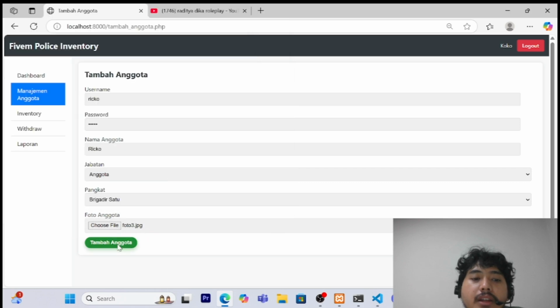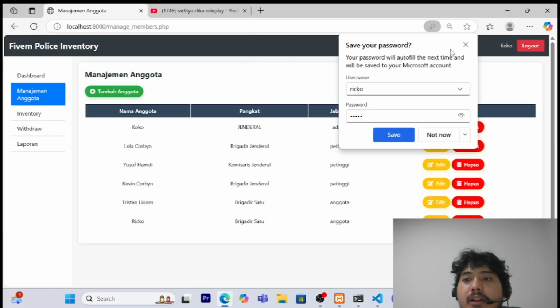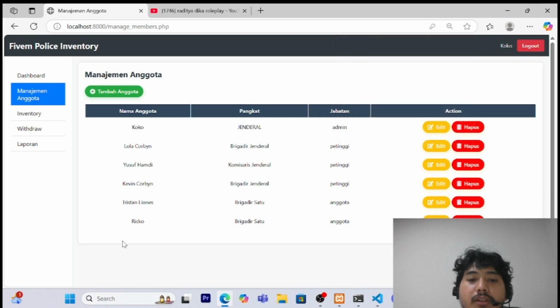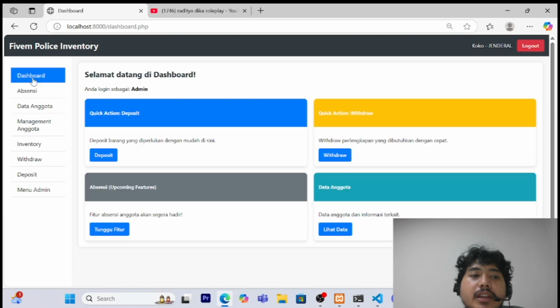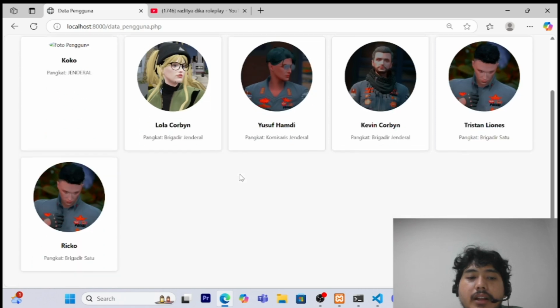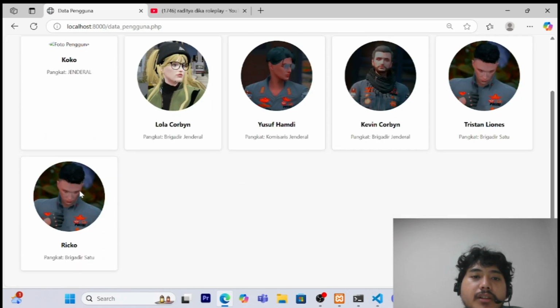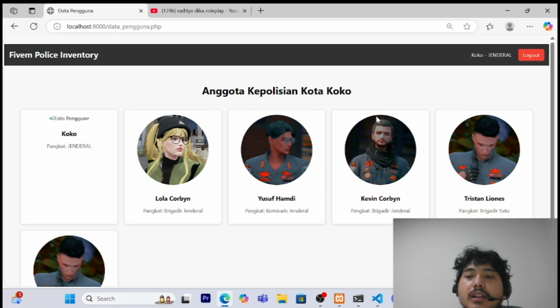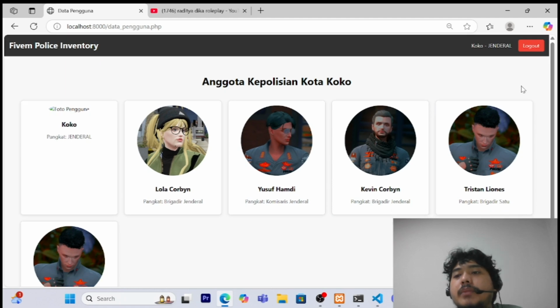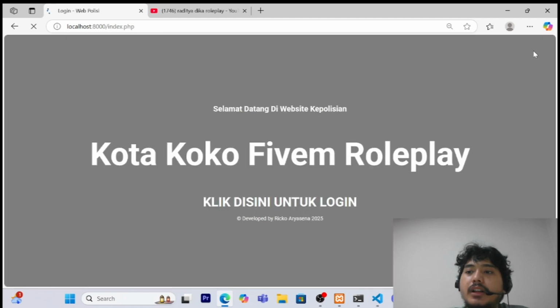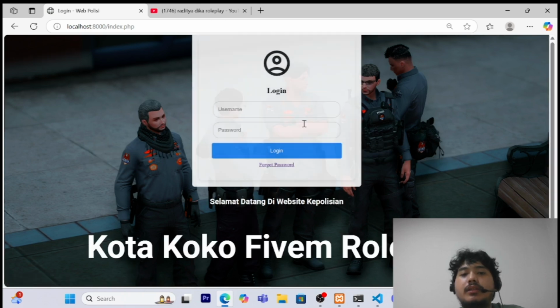And then we add. Okay, we can see here that Rico has joined the police and has a user for this application that we can log in with, and we can check here in data anggota. Okay, here is Rico, we can see the picture too, and the other members, and we can log in as Rico too.